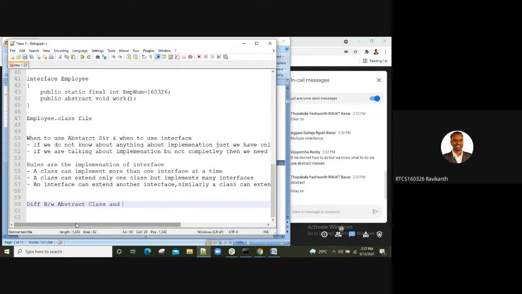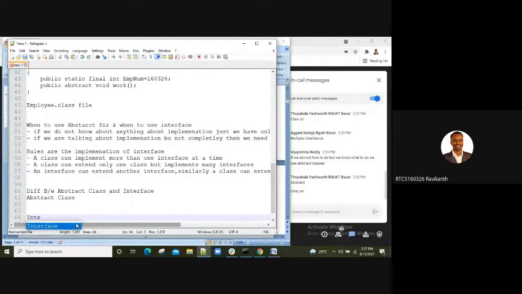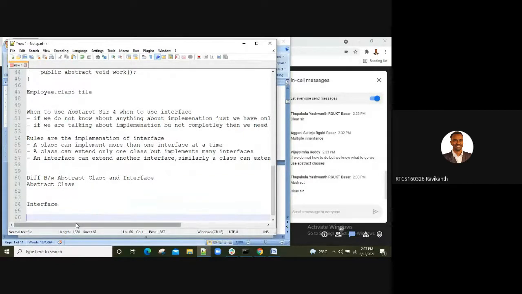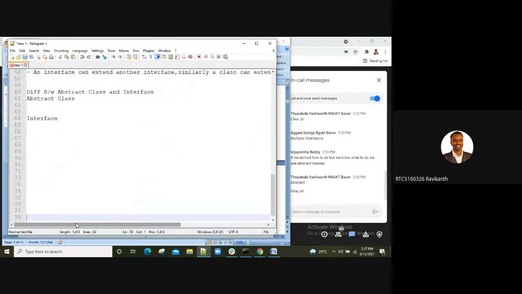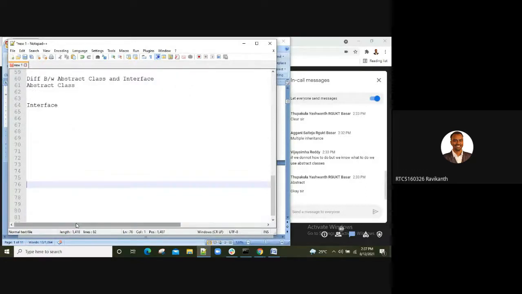Abstract class on one side, interface on the other. You guys have to tell me the difference between abstract class and interface.